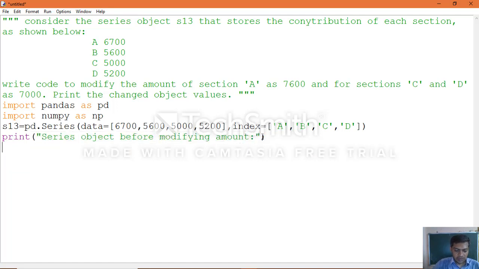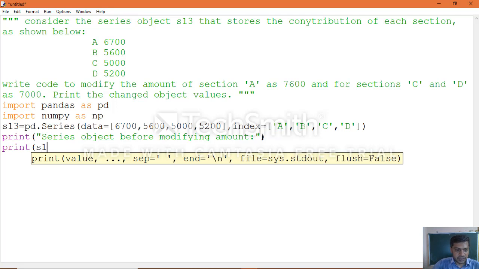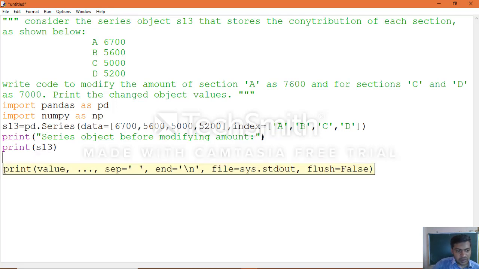Close that. Now print the object, the actual data of that object which we have. Now make the changes as they said.